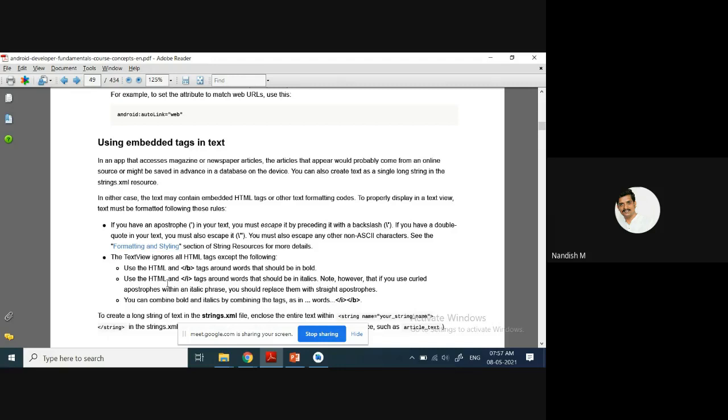It is going to remove them, because that single quote will be treated as HTML text. That is why what you should do is add a backslash before that. Backslash single quote, I like this Android subject, backslash single quote. Then it is going to remove the property of the single quote, and that text with the single quotes will appear on the screen.